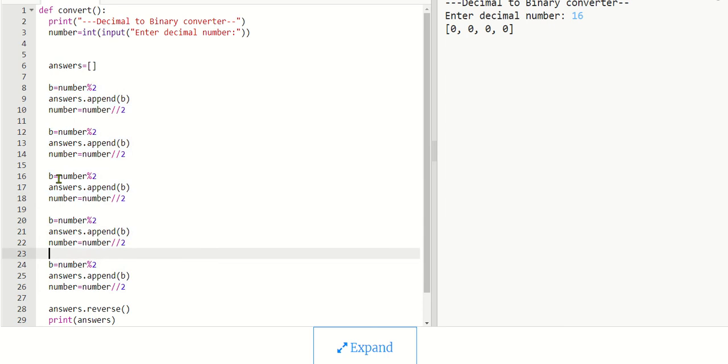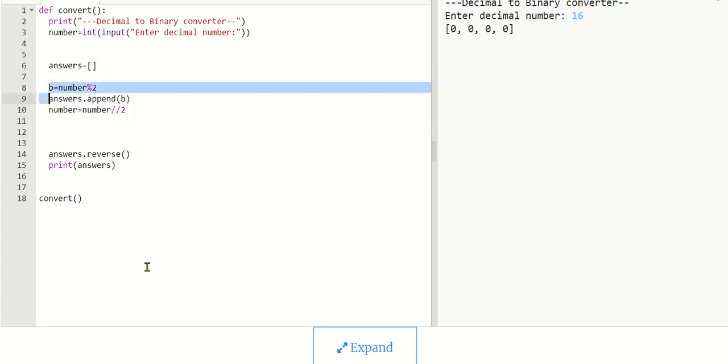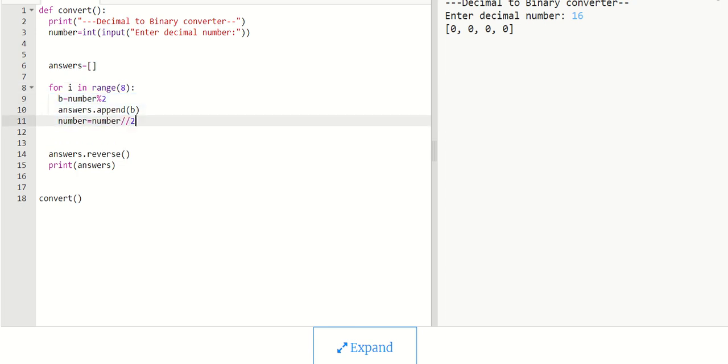And immediately you should be looking at this and looking at the repetition and remembering that repetition, remember the DRY rule, is don't repeat yourself. So we delete all those repeats of this code. We can say we're just simply repeating these 3 lines of code. And why don't we try putting it in a for loop, and let's say up to 8. And this is going to be the number of bits, of course. And believe it or not, simple as that,